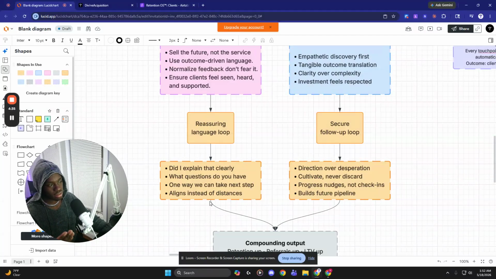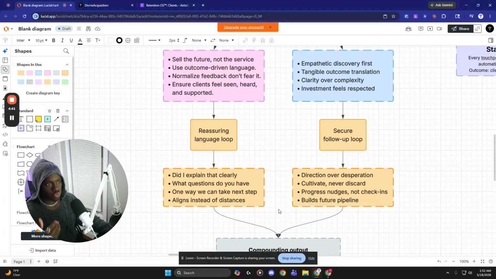One way we could take the next step forward is alignment instead of distance. Everything must align. The client must be agreeing to what you're saying. They must be agreeing with everything within the future. It has to be 100% across the board. Then you have the secure follow-up loop. And that's pretty